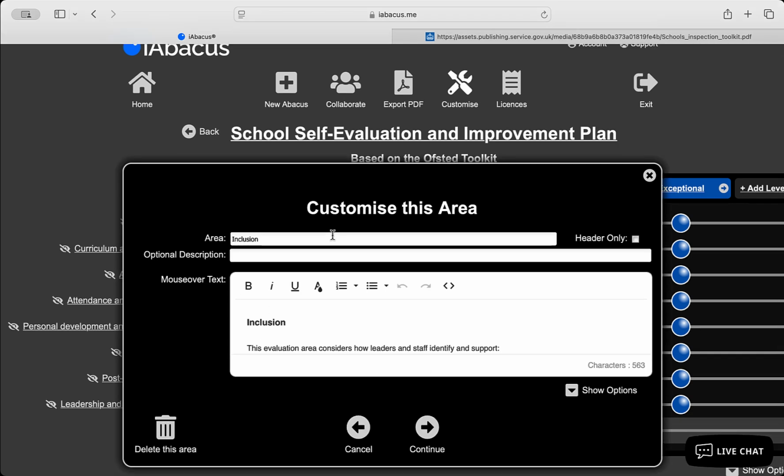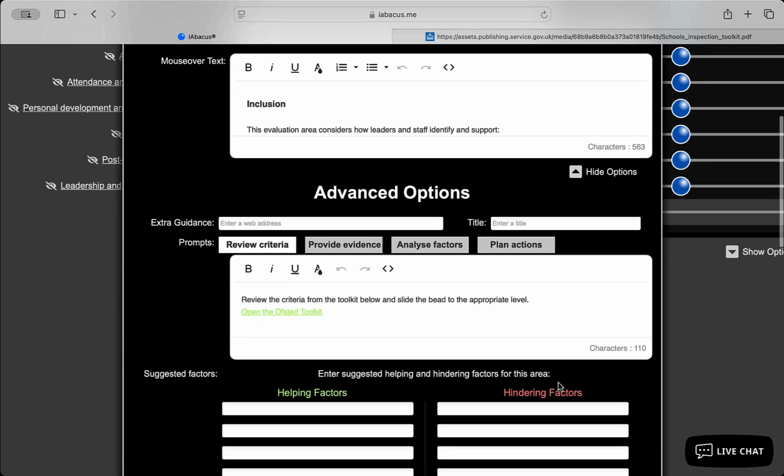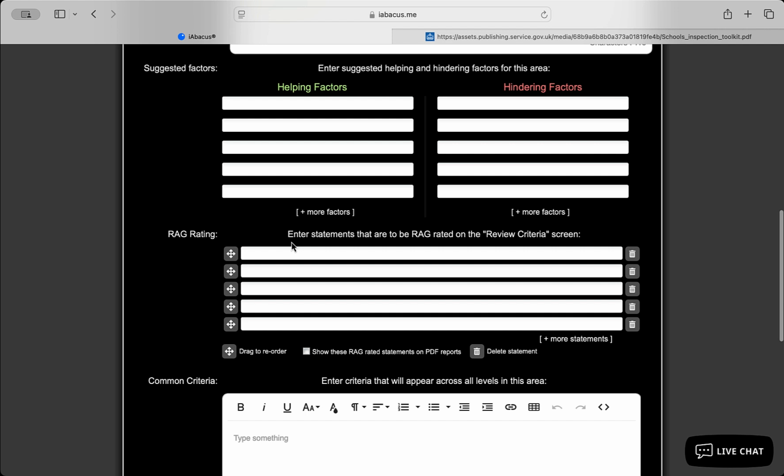It's not going to be some of the basic information that I'm going to edit, it's actually going to be something in the options. So I click on the options, and if I go down here you'll see that I've got the ability to enter statements that are to be RAG-rated on the review criteria screen. Just after you've made a judgment, it will prompt you with these RAG-ratable statements. So what I can do is paste in some of those